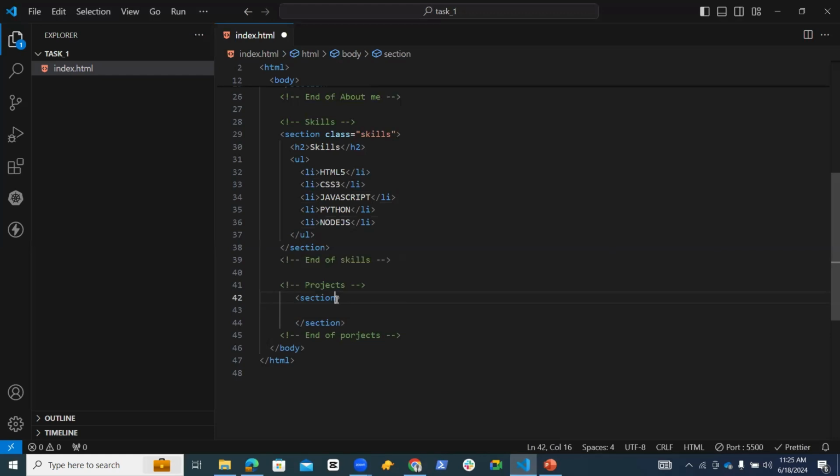With a class is an attribute for styling, right? Many things at the same time, don't forget. Class for project. Let's say project. Then we also want the title. So the section title is using heading 2, which is the next in importance to heading 1. So we just say projects. Then